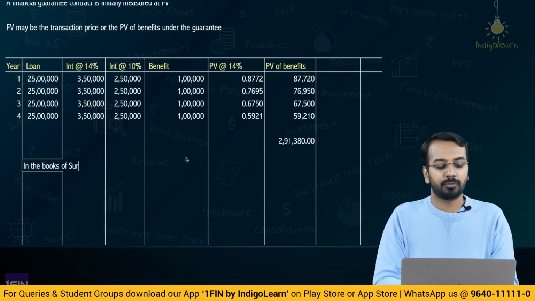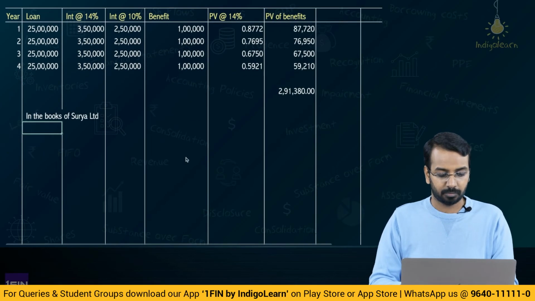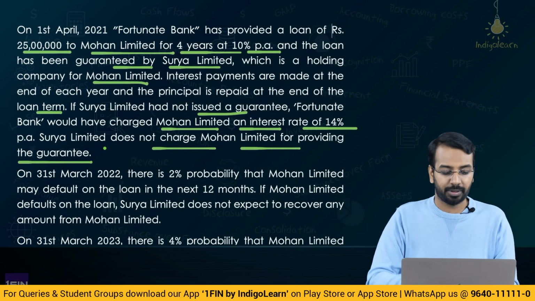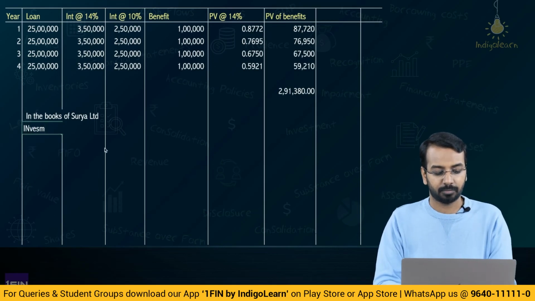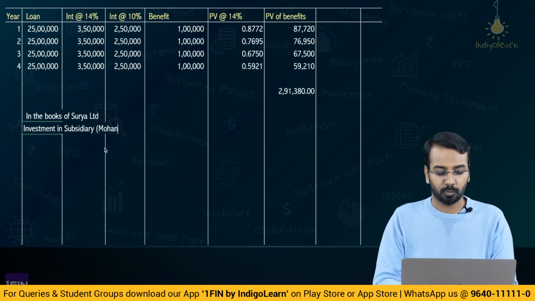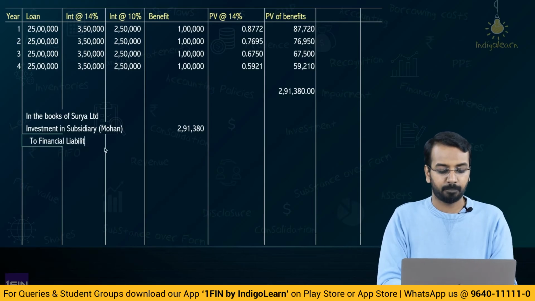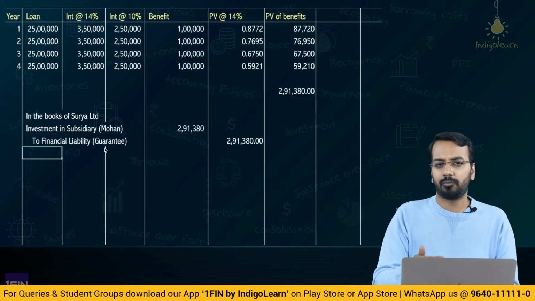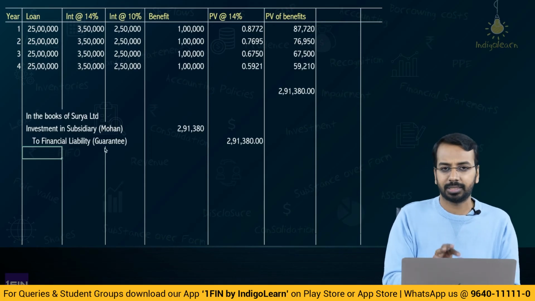So, in the books of Surya Limited, because Surya has provided the guarantee, you will say investments, subsidiary is Mohan, 291,380, to financial liability, which is a guarantee, 291,380, and this over a period of 4 years will be amortized,